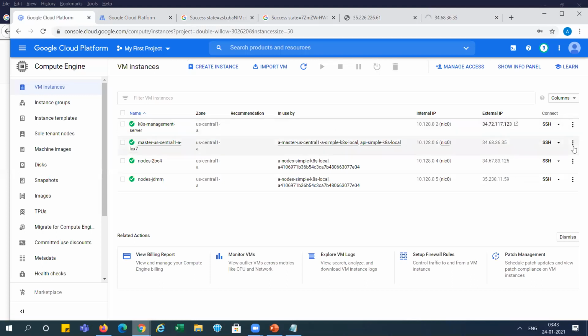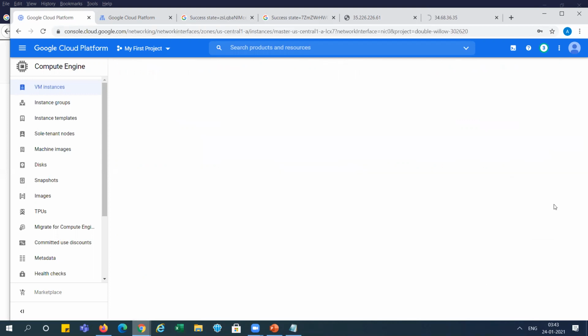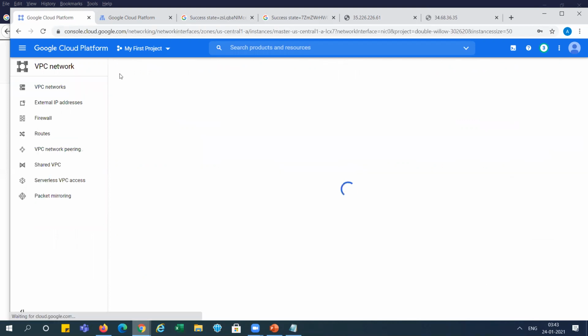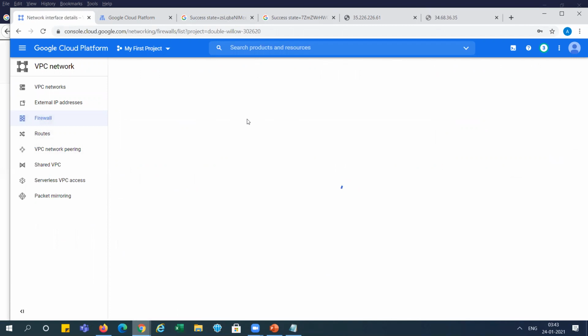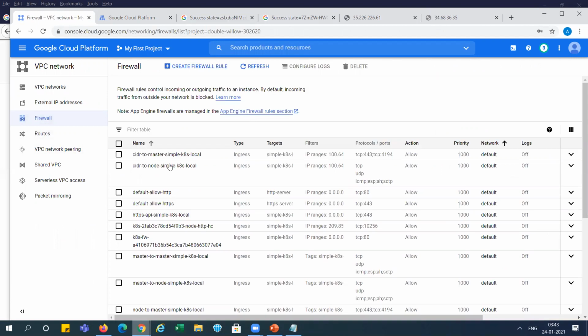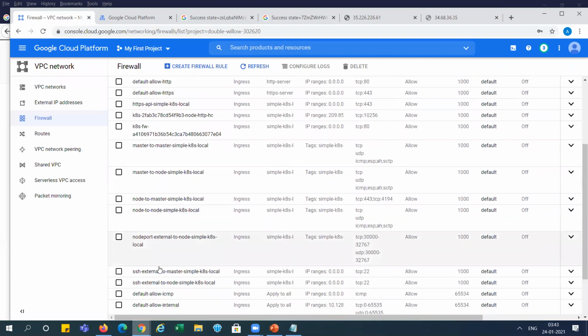Okay, so view network details. You can see I'm going to the firewall, and you can see lots of firewall rules created by the node port, nodes and master.